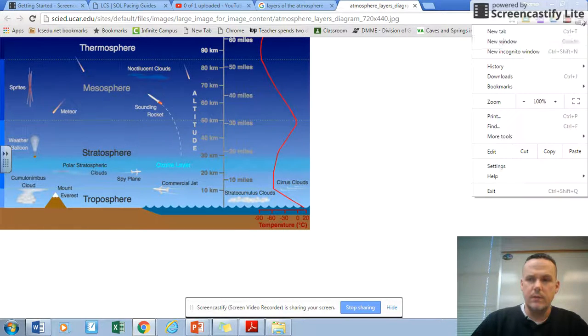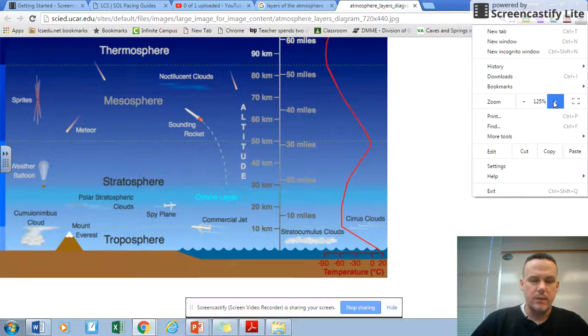Let me make this a little bit bigger for you. All right, you see the planes. The planes try to fly a little bit above the troposphere, but below the ozone layer, because they want to get above the troposphere, because that's where all the weather is. So they get above it, it's not quite as bumpy. They get above all the turbulence, but they don't want to go up here because then you're not protected. The ozone layer protects us from the UV radiation, and the ozone layer is inside the stratosphere.